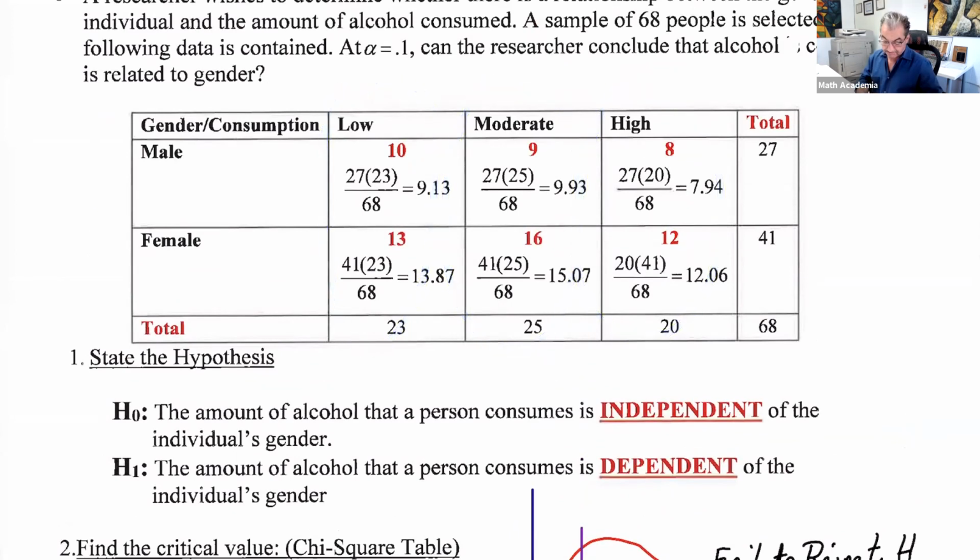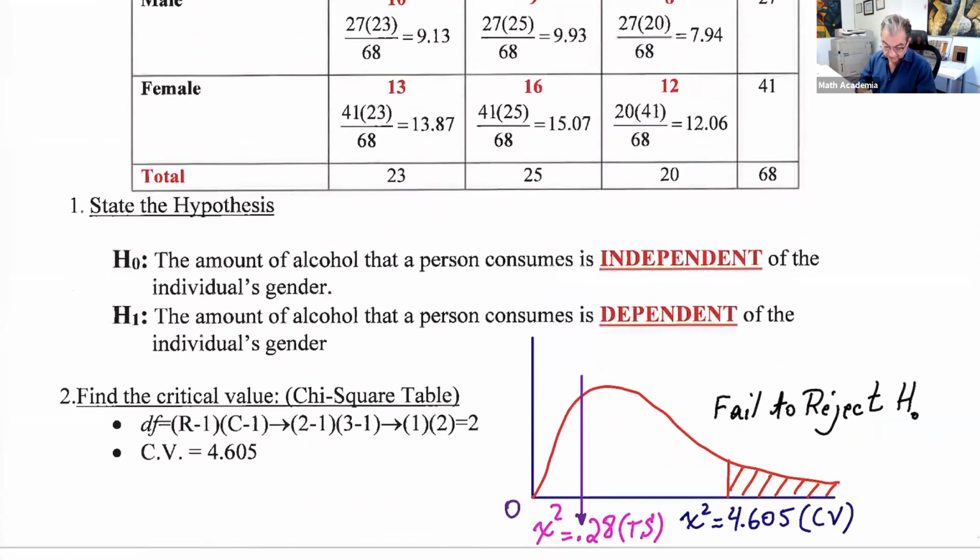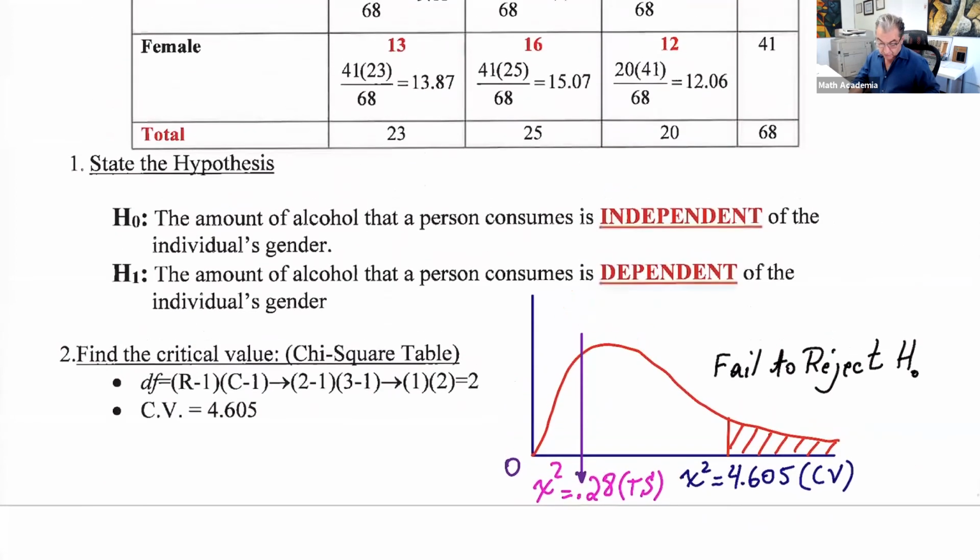So is 3 minus 1, and that's going to give you 2. 1 times 2 is 2. Now, how do you find that? You should go to your chi-square table, and then degrees of freedom 2, and